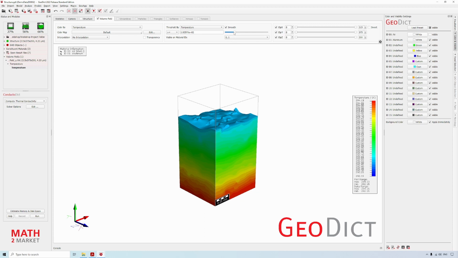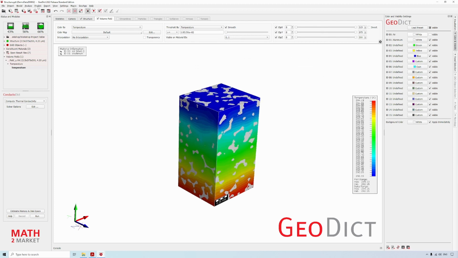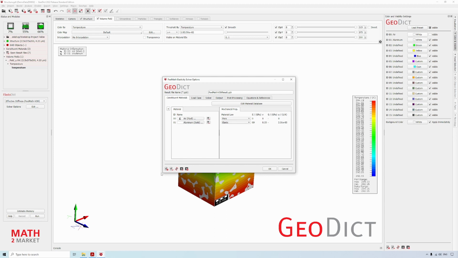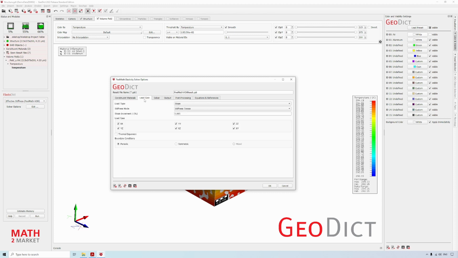And last but not least, we are looking at the elastic properties. So for that we go to Predict and choose Elastodict. Now we go for the effective stiffness, the FeelMath Vox, and click Edit. Since we set the materials to be air and aluminum in the thermal conductivity, we do not need to set them again. We now switch to load case, and we do all 6 load cases, but use symmetric boundary conditions.